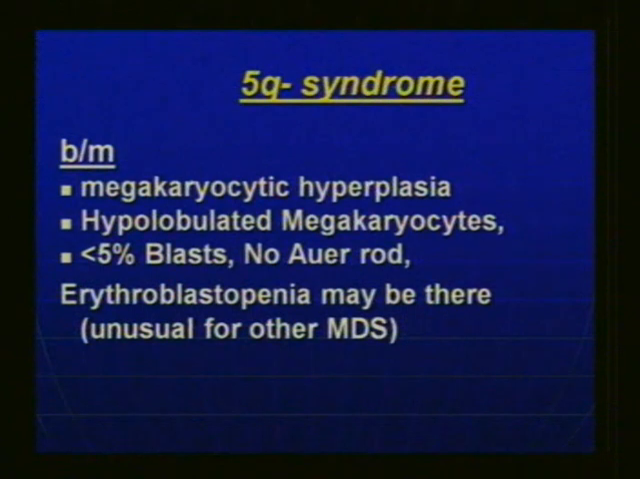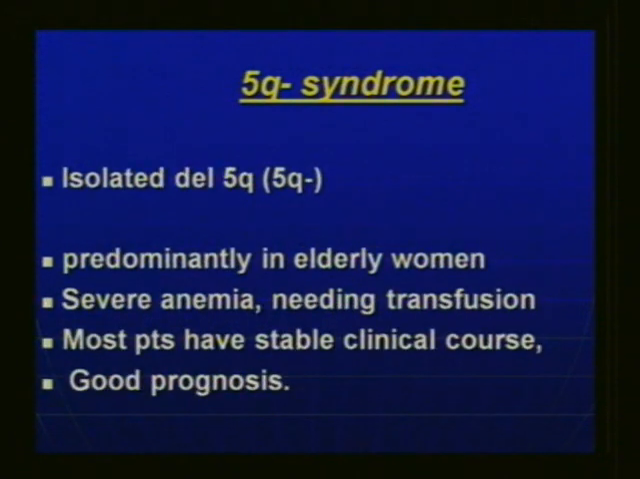Sometimes you can even find erythroblastopenia. In most of the conditions of MDS, you do not find that. Usually you find the erythroid component increased, but here is one condition, the 5q minus syndrome, one category of MDS where one can find erythroblastopenia. And the chromosomal study demonstrates there is isolated deletion 5q. It's a severe anemia needing transfusion, but otherwise patients have a stable course and